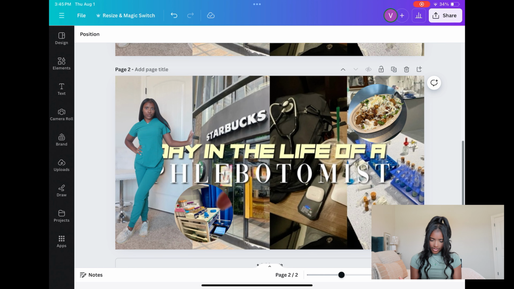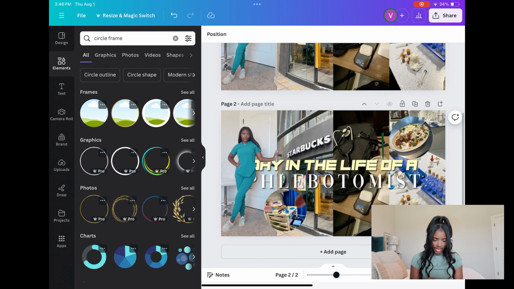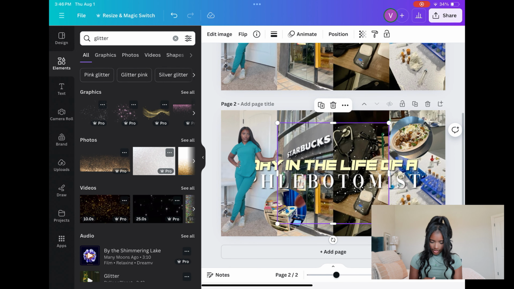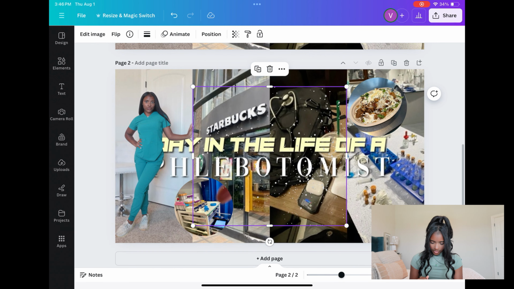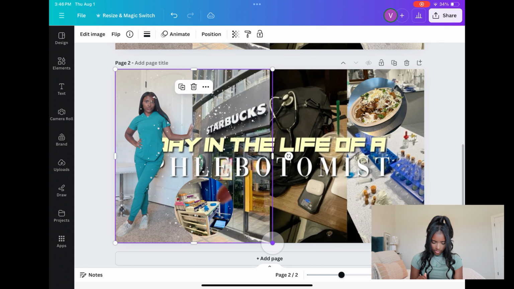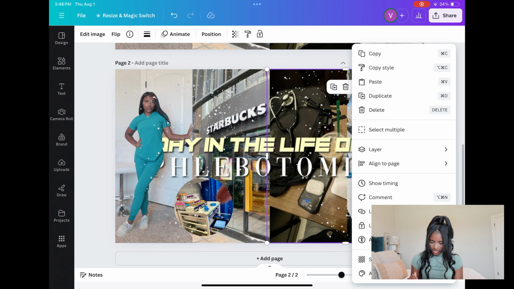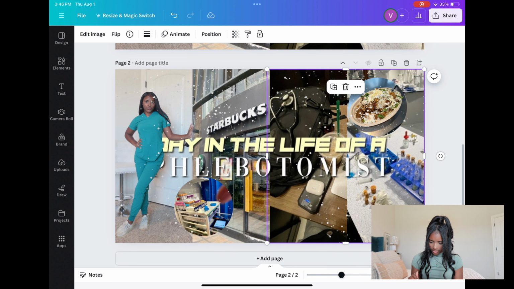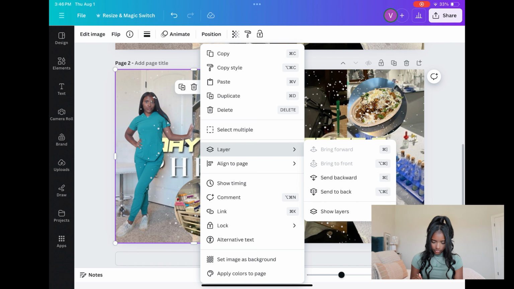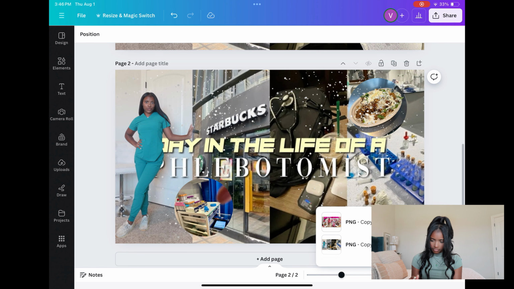So now that we have that, we're gonna save. And even if you wanted to, like say you wanted to add like glitter, we can put like this in the background here, make it a little bit big, and maybe duplicate it. And then we're gonna send this layer backward so that the circles and all the 3D images can be on top. So yeah, you could add like those if you wanted to. Let's save it,